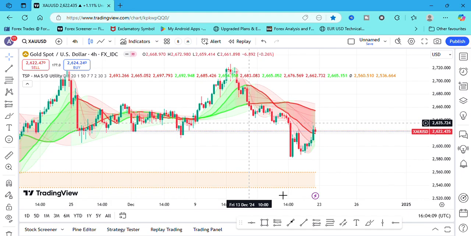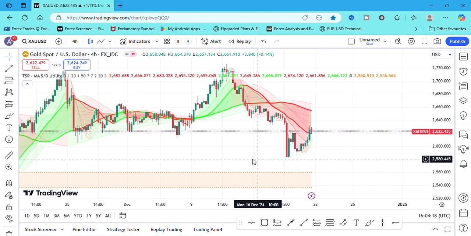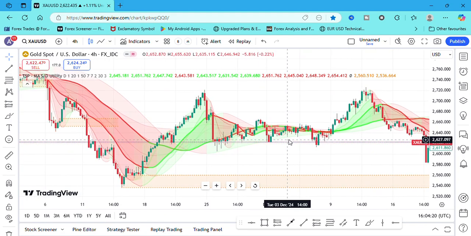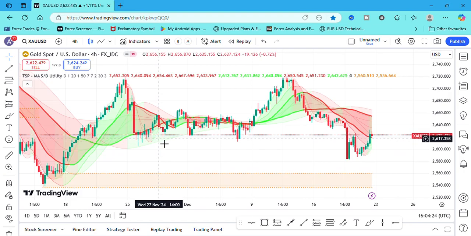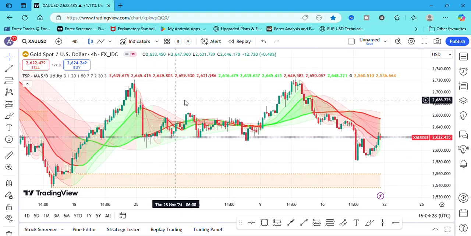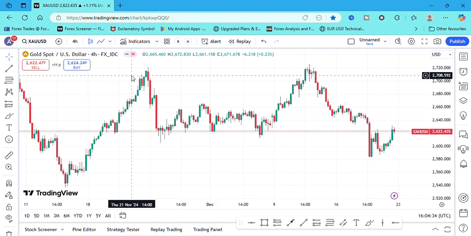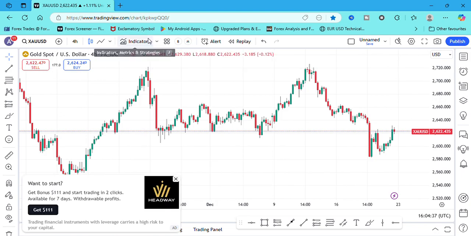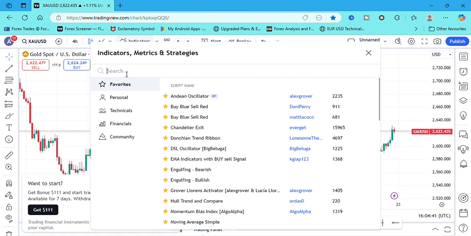So you always you see how the indicator work. So I am going to just show you this indicator quickly, that indicator. So I am going to indicator box, then I have to writing